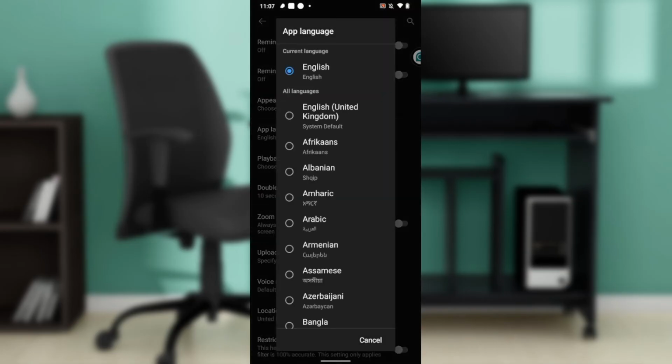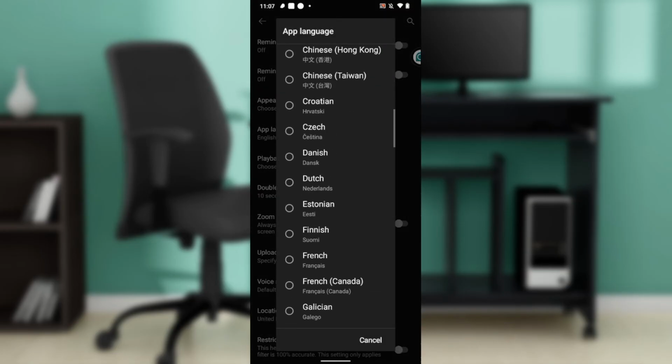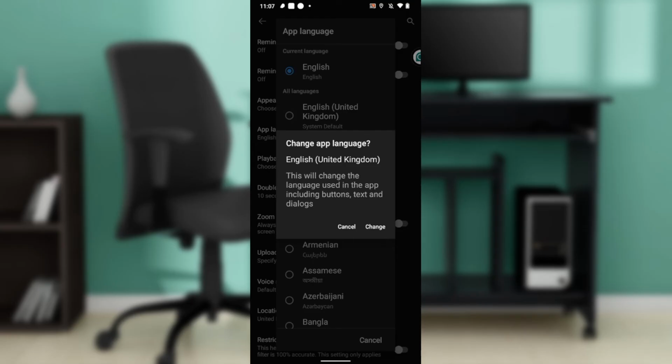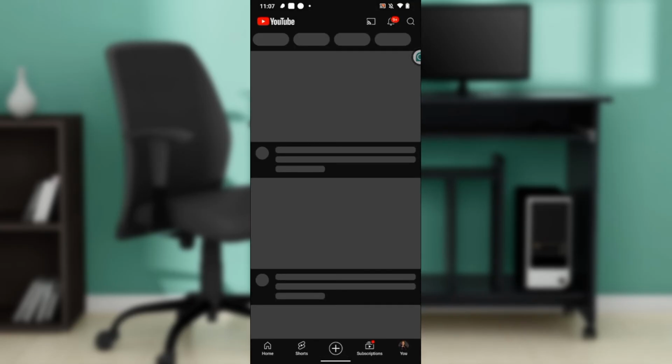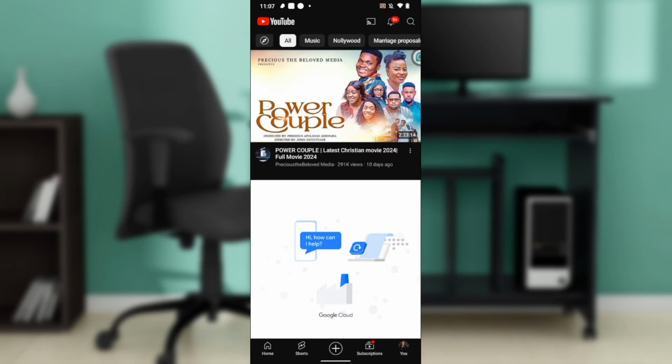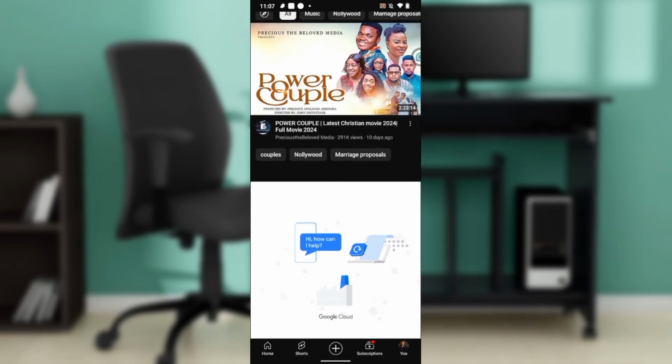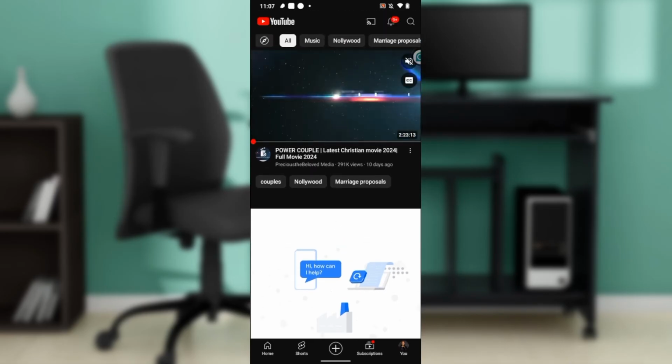And here you have a wide variety of languages that you can change this to. So let's say I've changed it to English, United Kingdom as default. So go ahead and click on change. And once you click on change, you will see that your YouTube homepage is going to be refreshed and set to the language that you have set it to. So this is YouTube Music. This is YouTube application,